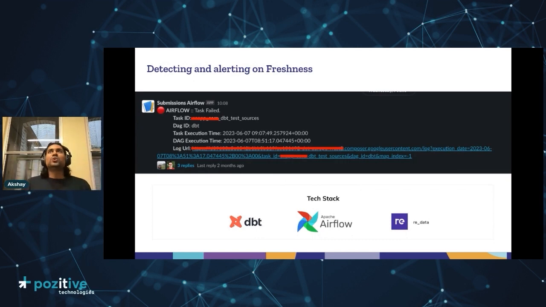So just a few scenarios where this actually happened. These are real data incidents that happened as part of our data product that we introduced. This one was around the freshness alert, which failed. This was a case where one of our source systems, which we consume data from, moved the location somewhere else without actually telling us that they had moved it.